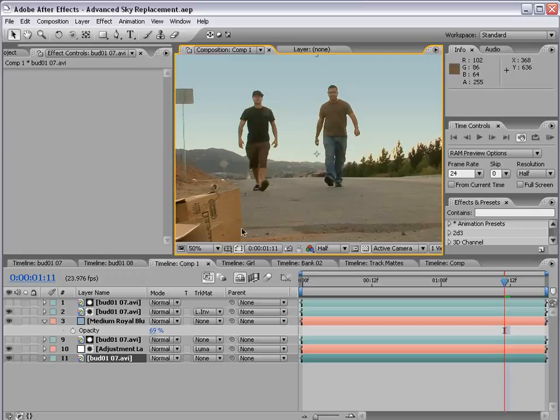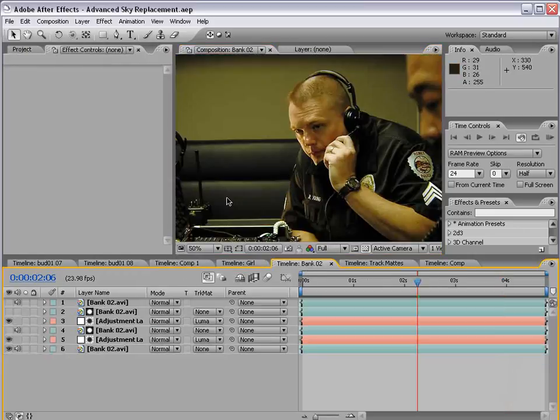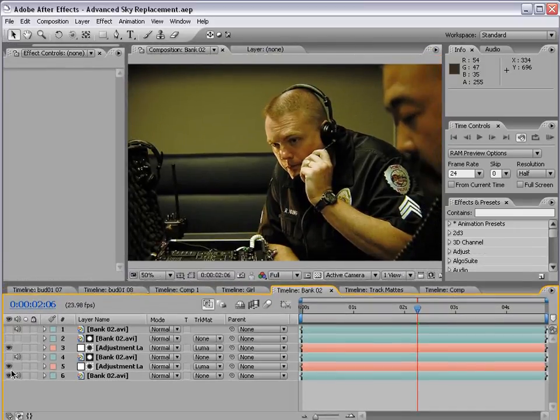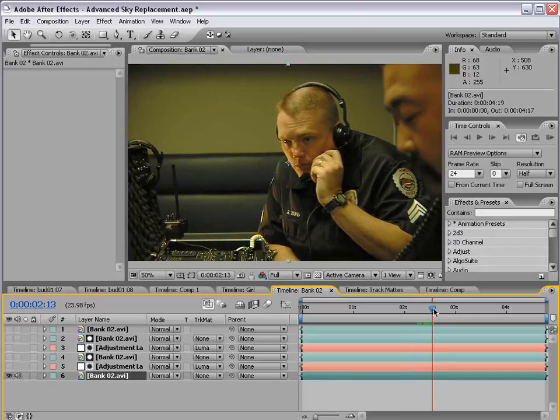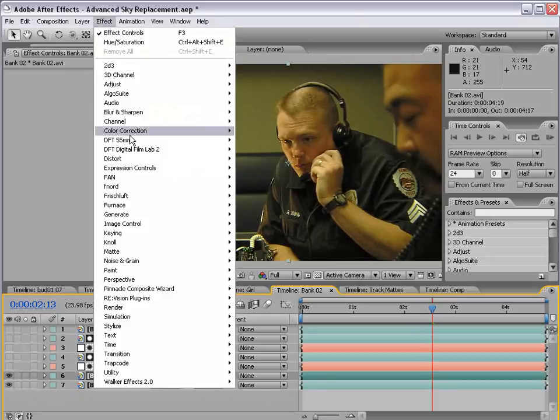Now, another great example of using this matte is color correction. Let me just try to show you this really quick. I know we're running out of time here, but here's some footage of a little film I was working on, and these guys are in a command center, and the shot looks nice. We didn't have a lot of room in there, so we didn't have a lot of lighting, but if we duplicate this footage and we apply our Colorama effect,